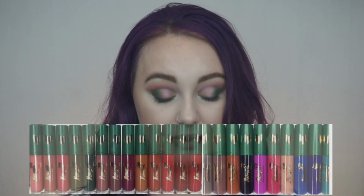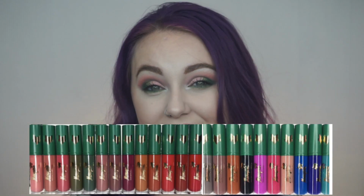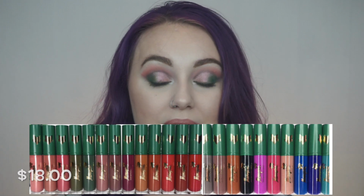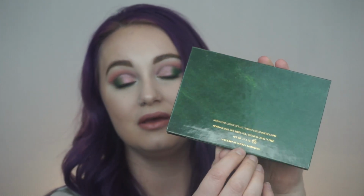They also have 23 liquid lipsticks, which I believe are $18.99. If I'm wrong, correct me up on screen. And then you can also buy both of these palettes together, the Feral and the Dragon Child palette, for $73.98. On the back of here you have the company website, the weight of the product, where they're at, and it does say that they're vegan and cruelty free, and then also has the name of the artist that did the